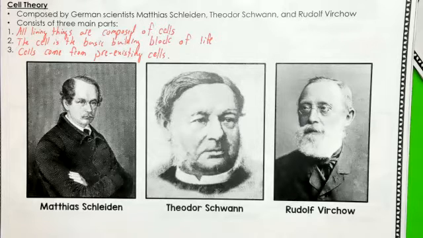Now, throughout history, more ideas, more evidence came forward, and we were able to develop this cell theory. The cell theory has 3 parts. The first part is all living things are composed of cells. Everything that's living is made up of cells. Animal cells or plant cells? Well, no, because you can also have prokaryotic cells. Building blocks of life. Yeah. The second is that the cell is the basic building block of life.